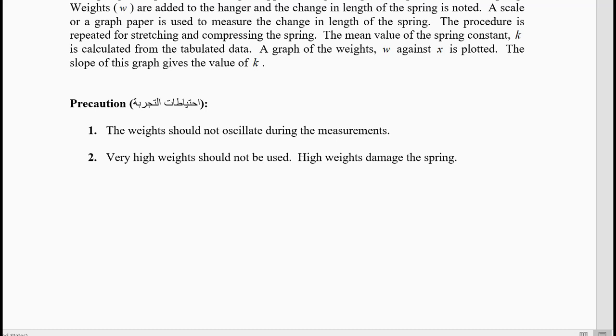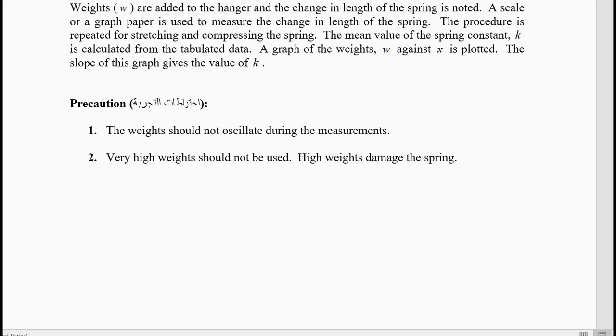Now you have to take two precautions. This is not a pendulum experiment, so when you hang a mass, it should not move sideward, it should not move up and down. If it moves up and down, there will be a different formula to calculate the spring constant from the mass, and you will need to have a stopwatch. We are not going to do that. You can do it with a spring pendulum, also can help you to calculate the spring constant, but we will not do it.